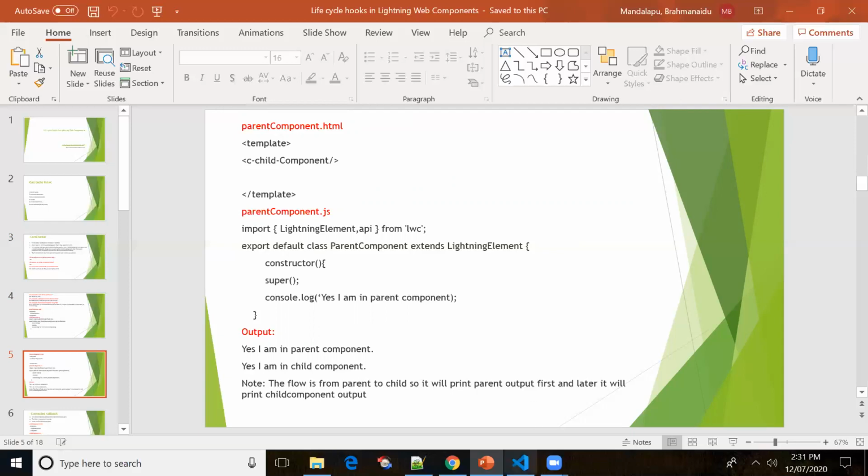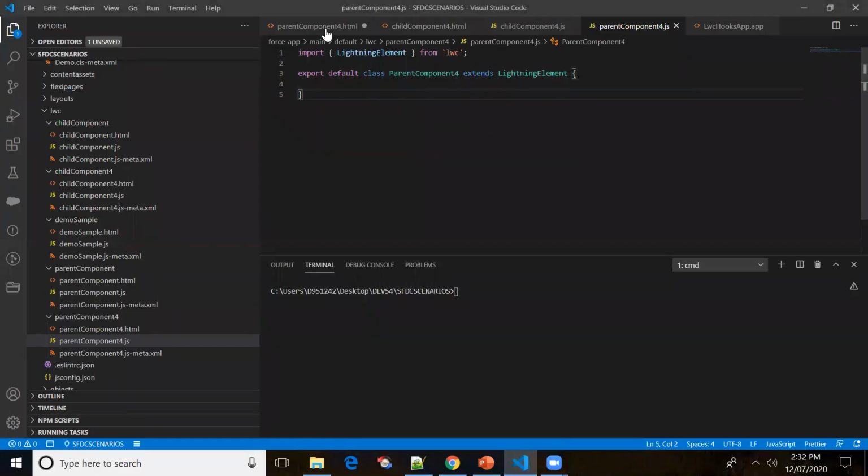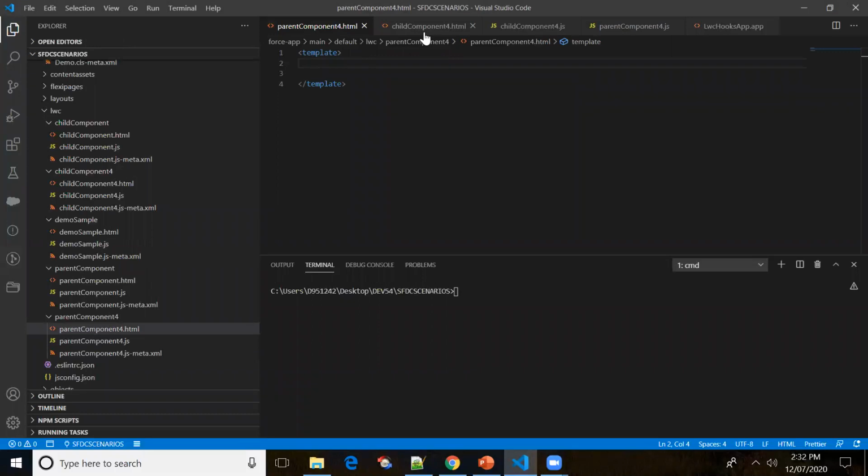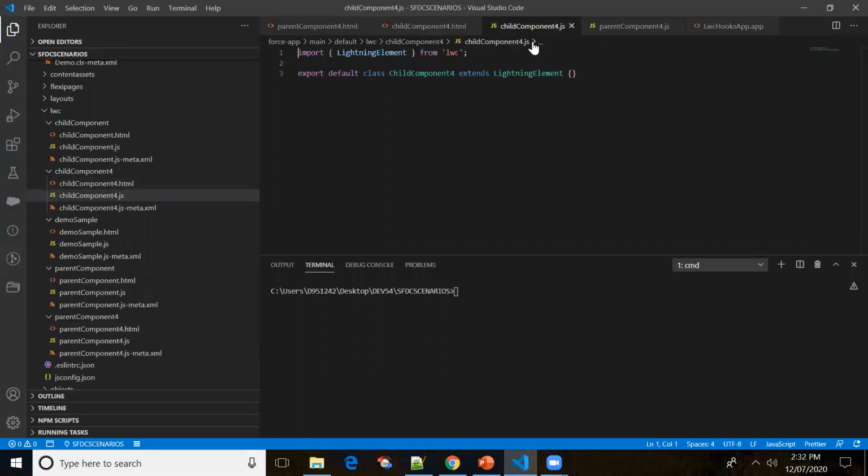Now let me go to Visual Studio. I'll write a constructor in the child component.